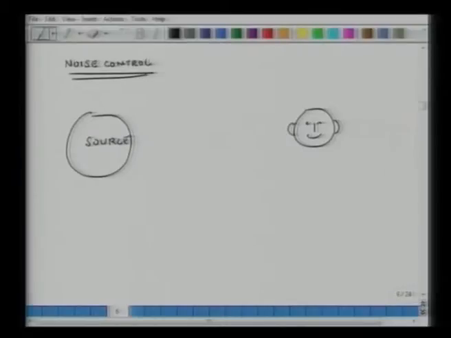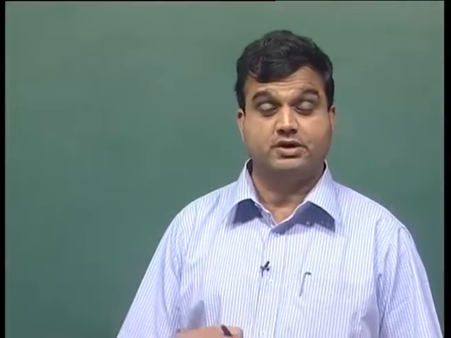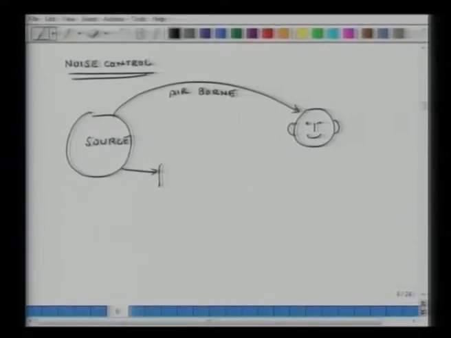Some of the noise reaches this individual directly. So the source just emits noise in the atmosphere and it radiates and reaches the human person. In other cases, the source is also vibrating, and these vibrations get transferred to other structural members of the system. For instance, you have an engine which generates vibrations. Because of that, the transmission in a car vibrates and that generates its own noise. So, structural coupling.